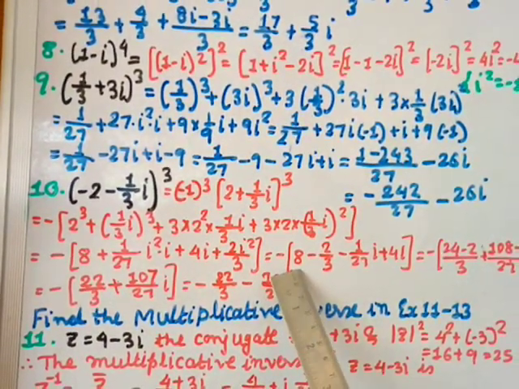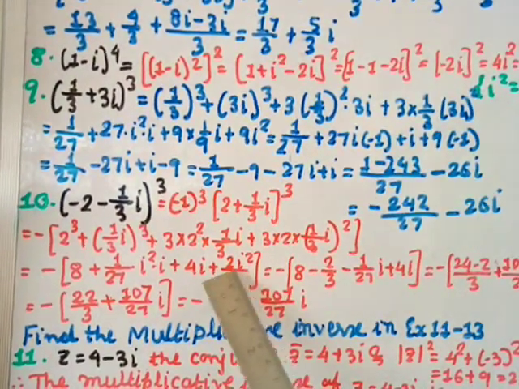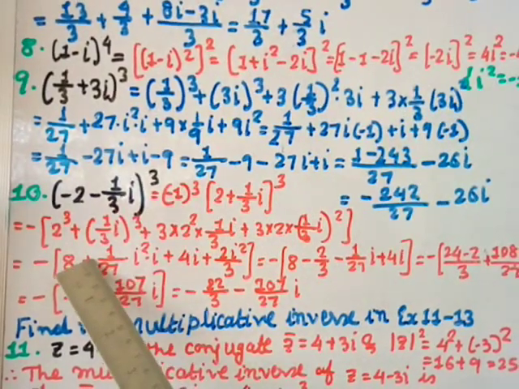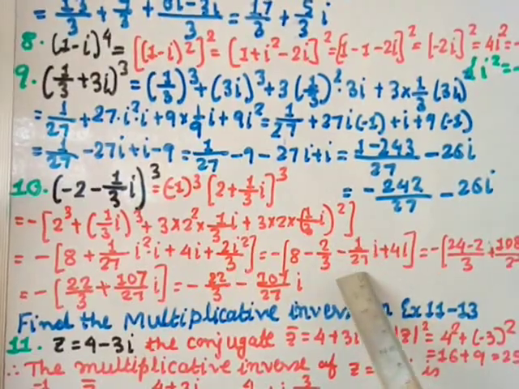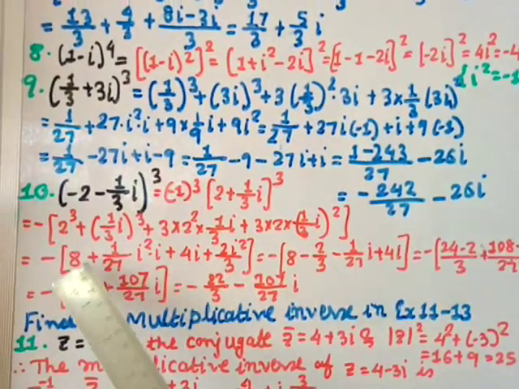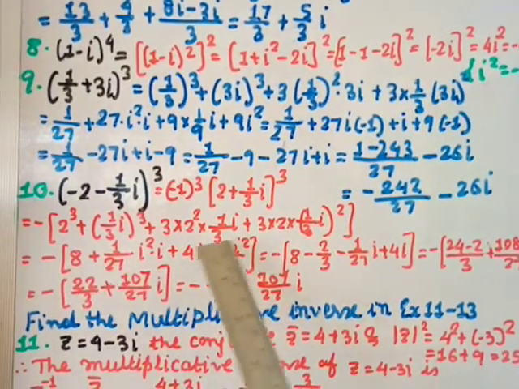Equal to this minus as it is, 8 as it is. Okay, then this i square I am putting as the minus 1 value. Okay, so if you put minus 1 it will become minus 2 by 3. Okay, plus this 1 by 27 i square, but i square is minus 1, so this gives you minus 1 by 27 into i. Okay, and plus 4i here, right? I have written this rearranged directly by putting the value of i square in both of these places, right?